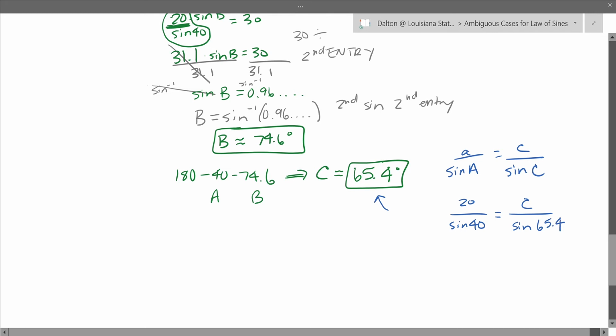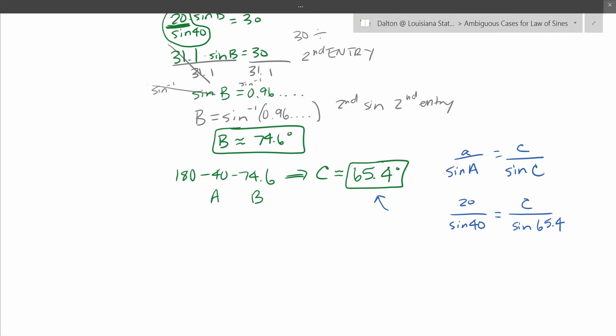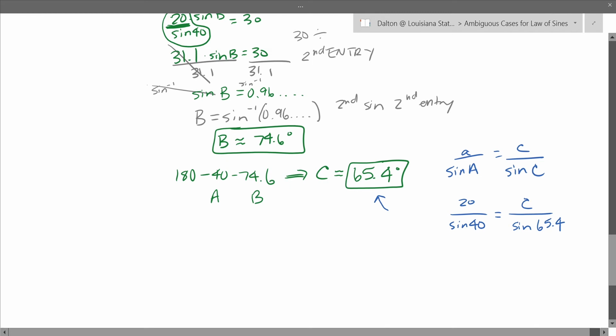And then to isolate C, if we multiply both sides by the sine of 65.4, then we end up with C is equal to